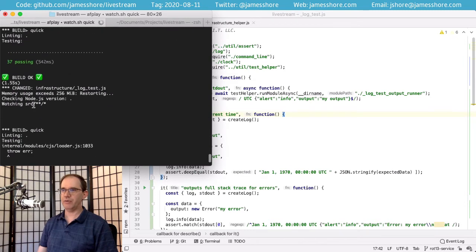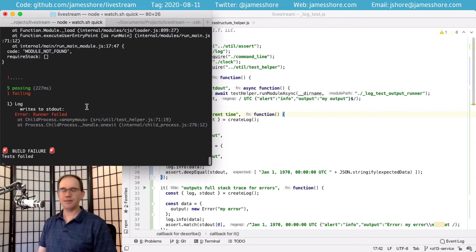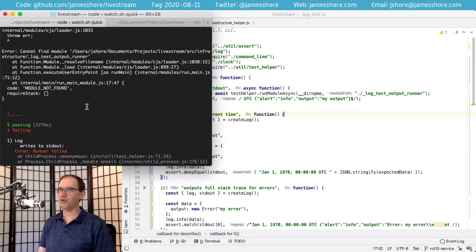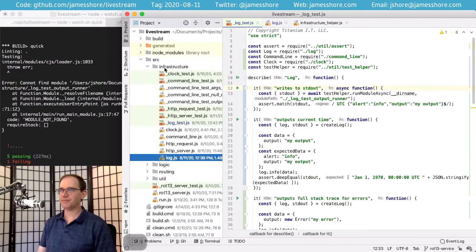By the way, you may have noticed that we restarted. You might be worried that there's a memory leak in our code. And the answer is there is a memory leak in our code. It's in the watch script. For some reason, I don't know if this is a bug in Node or if I'm doing my watch script incorrectly, but when we clear out the module cache in the watch script, that memory is not reclaimed. So every so often we have to restart the watch script. That's something I actually only discovered last time when I was doing the memory leak checking for the nullable output. Anyway, it's saying we can't find our log test output runner, so let's go ahead and make that.